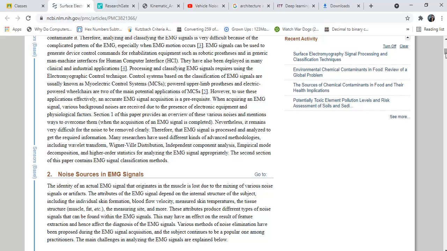EMG signals are basically the result of the superimposition of these motor neuron signals. All of them get added up and produce a single EMG signal,